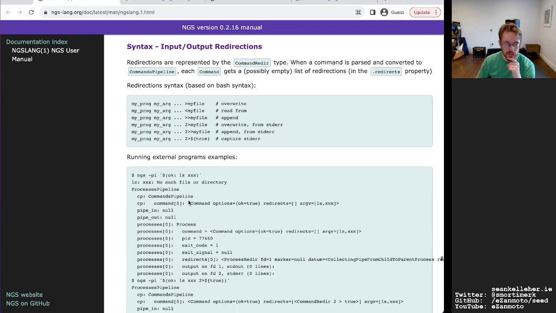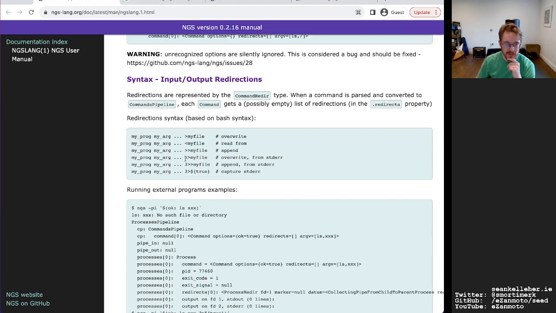So we've input output redirection, and those are kind of the places where I feel it gets a bit unwieldy. So you can overwrite that file from standard error, and then that's append, and that's capturing standard error so you can send it to another program, I guess. All those kind of things just get a little bit fiddly.